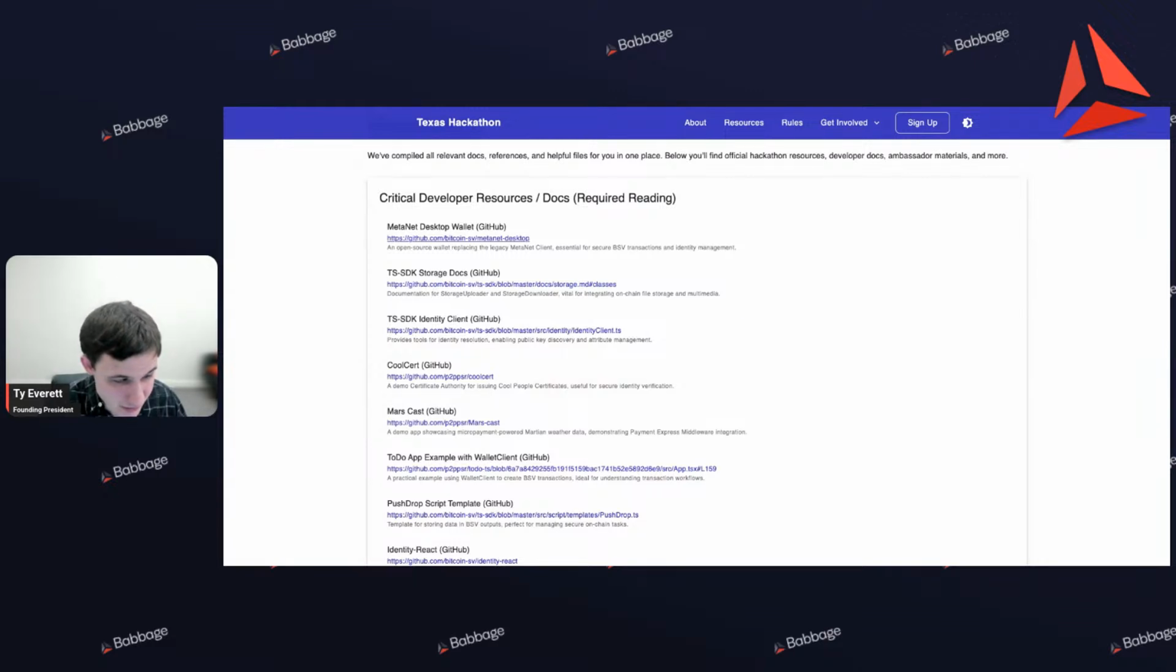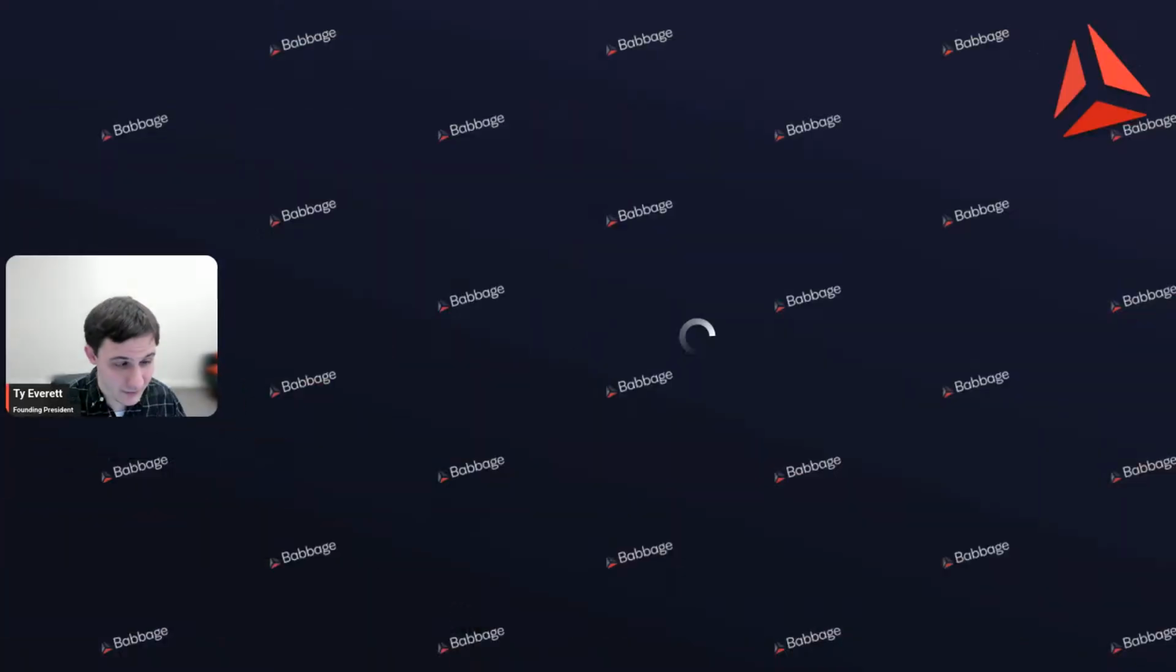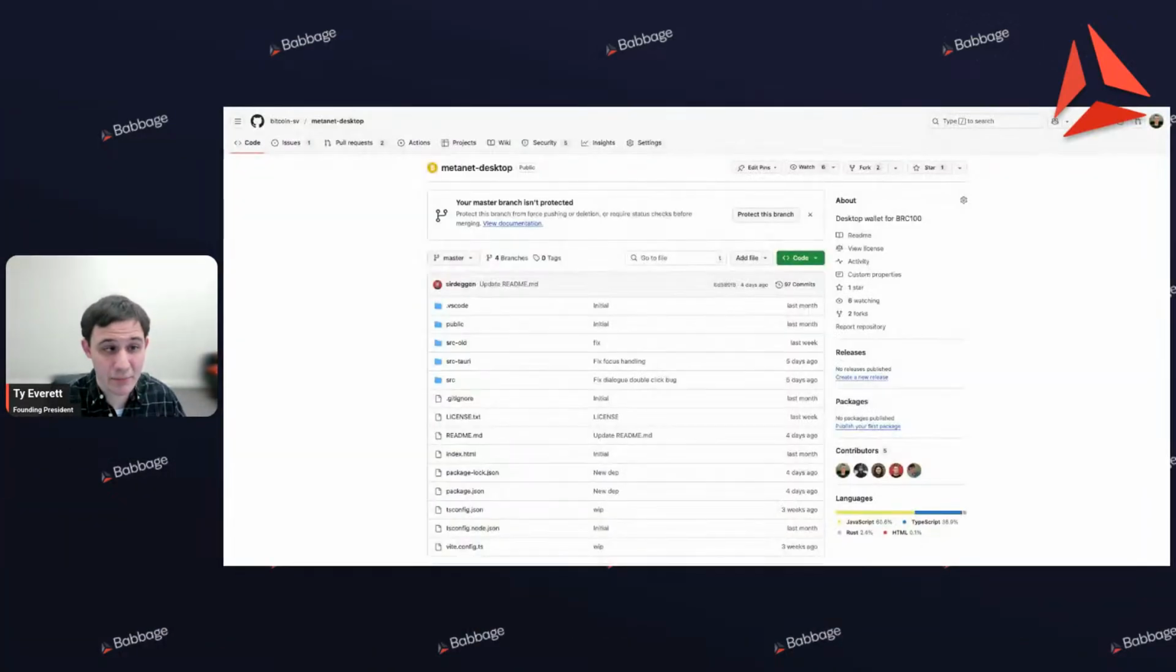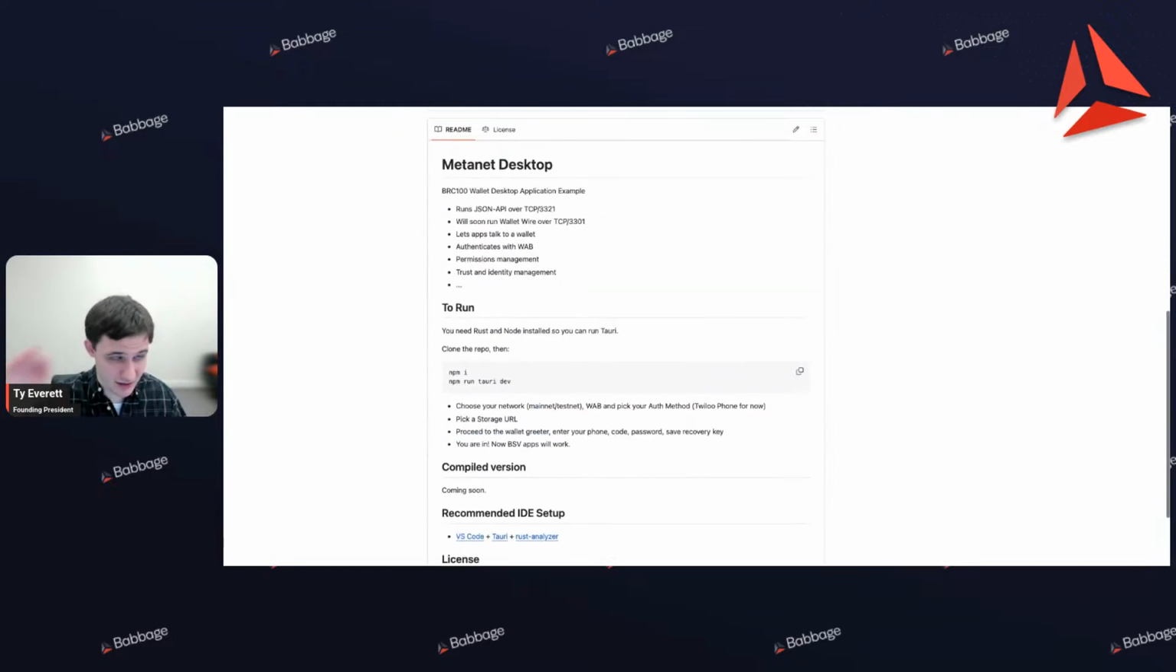Let me go ahead and get to the other tab. Let's go on GitHub. Right. So this is the MetaNet desktop repository, and essentially, it's where you can go to get started with